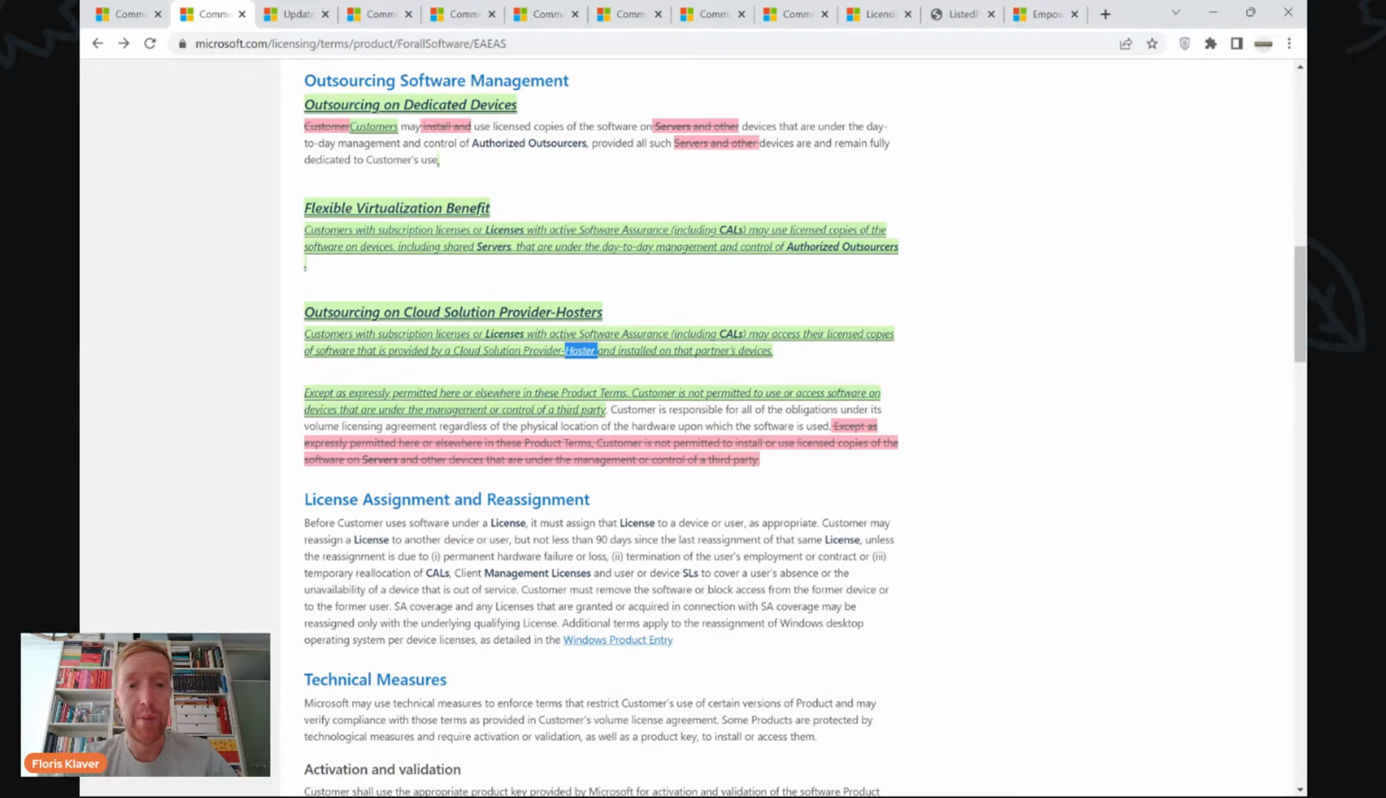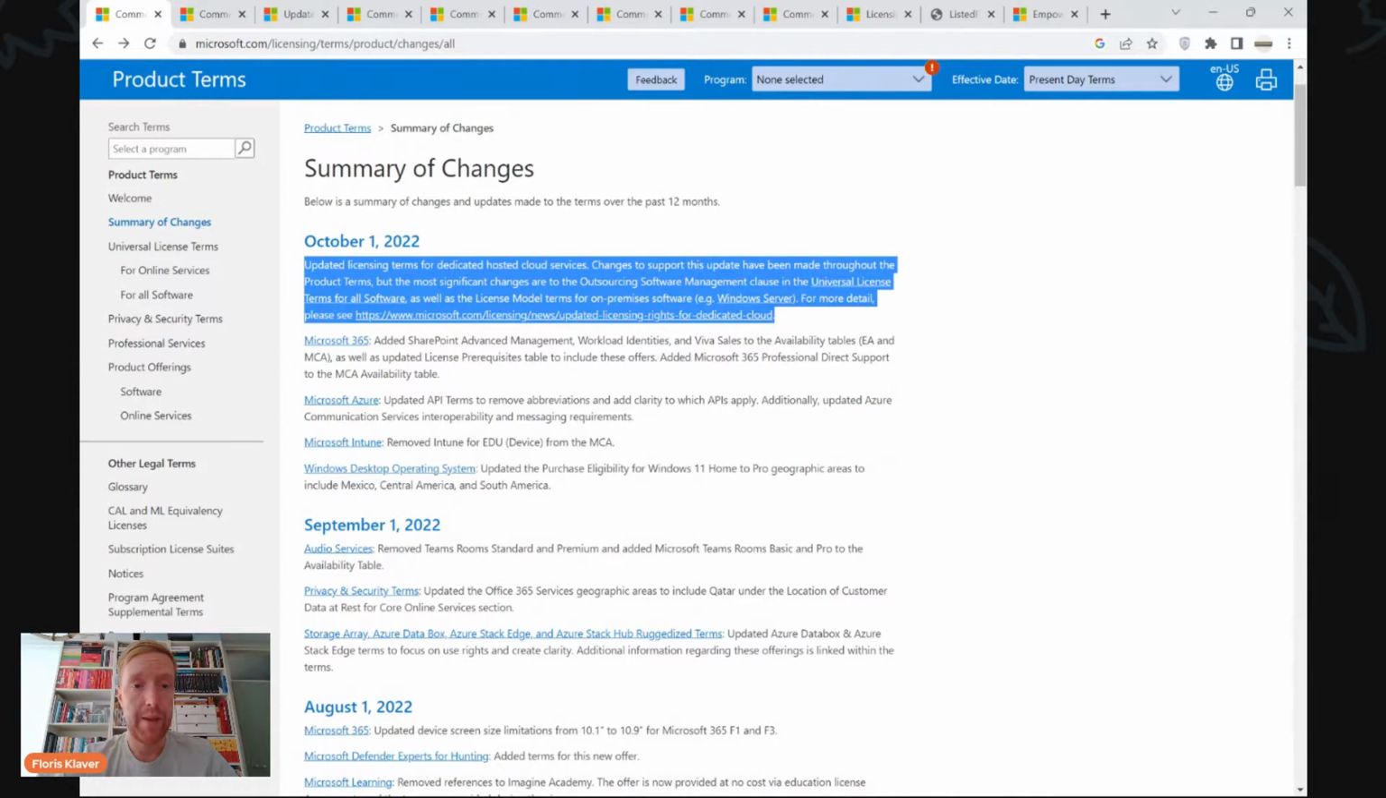Except as expressly permitted here or elsewhere in the product terms, customer is not permitted to use or access software on devices that are under the management or control of a third party. Well, makes sense. So there's a big difference to the outsourcing software management clause and the authorized outsourcers definition. So